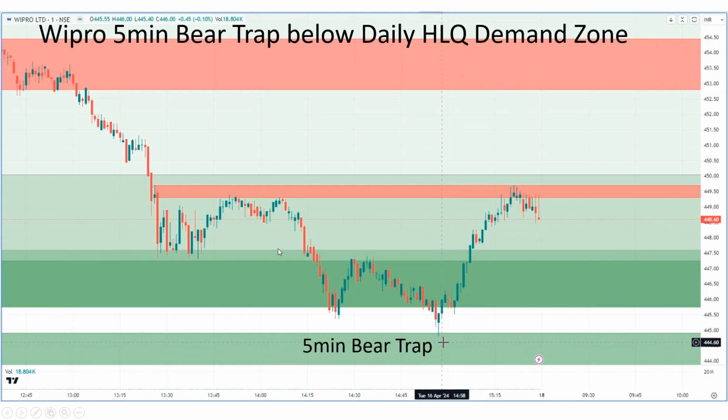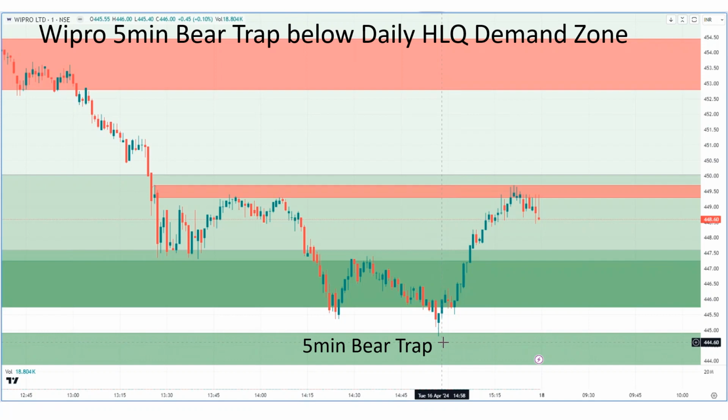See, finally what happened, this fine-tuned 5 minute zone is violated and prices came to the trap. Institutions captured all our stopped out trades. Your stopped out trades are nothing but short trades, because earlier you took a long trade. Your zone is stopped out. Once it is stopped out, you have to go for a short trade to cover your long position. So like you, so many people are going for short trades to cover their long positions because of the stop